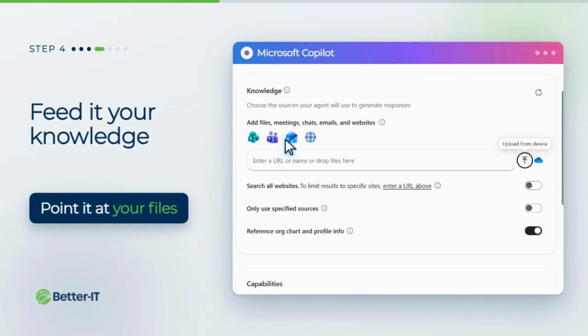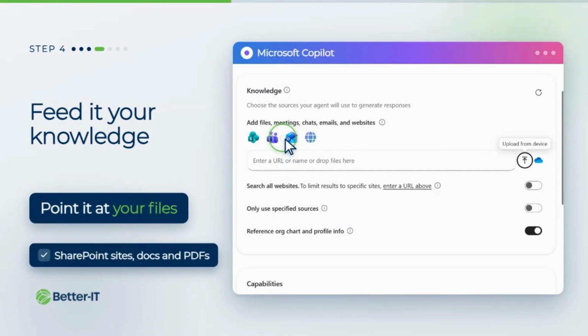4. Now add your knowledge. And here's the golden rule. The more you give it, the better it gets. Upload the matching files, documents, and SharePoint sites it should learn from, so every answer comes from your information, not